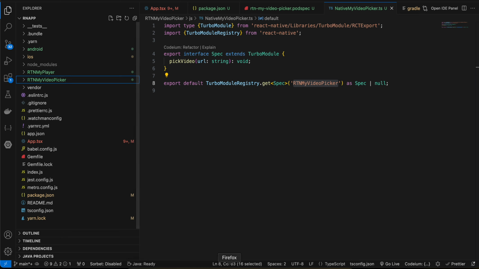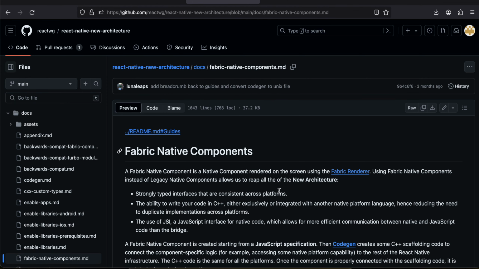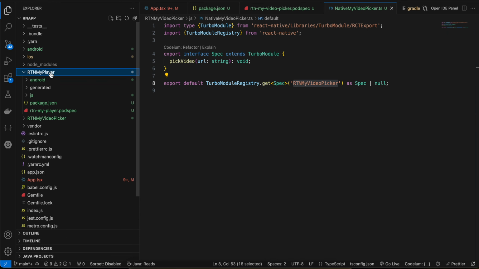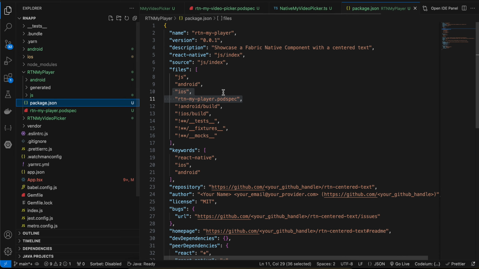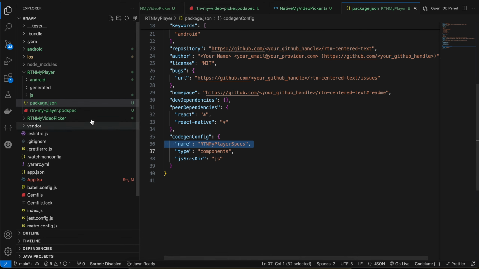So next you have to go to this Fabric Native documentation and create RTN my player. Firstly I have created package.json file. Again I have copy pasted everything from docs, only this name has been changed, this has been changed, and this has been changed. Now given that this module is only for Android, we actually don't need a podspec file, but